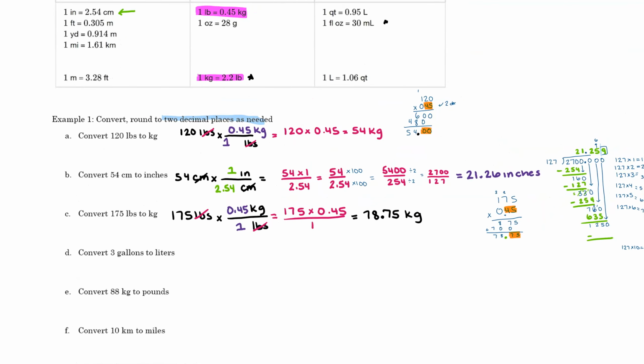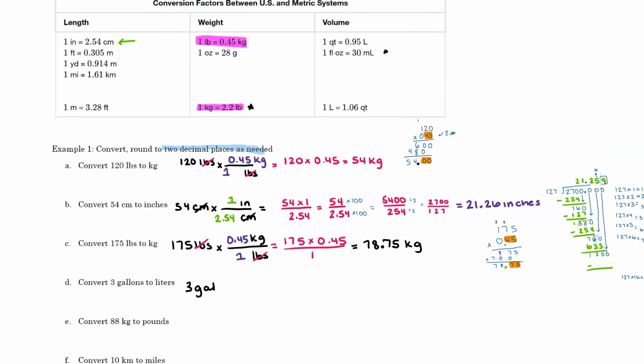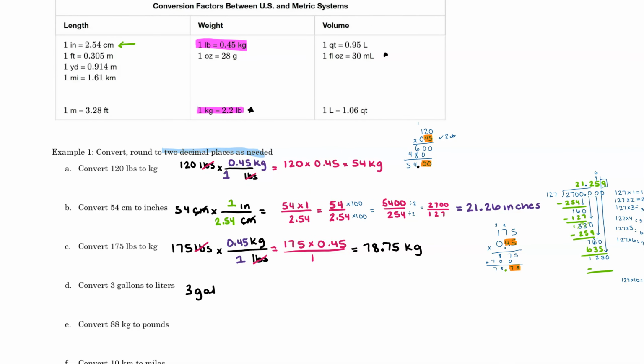Okay, let's convert 3 gallons to liters. So let's look here. Do we have gallons and liters? No. We have quarts and liters, which is helpful. So now think back to your US measurements. Let's get from gallons to quarts. So you may need to reference the US to US conversion notes, but what we know from that is 1